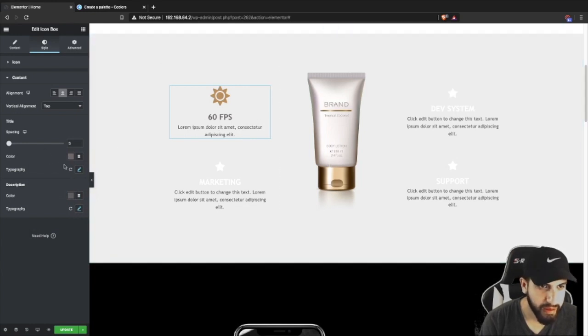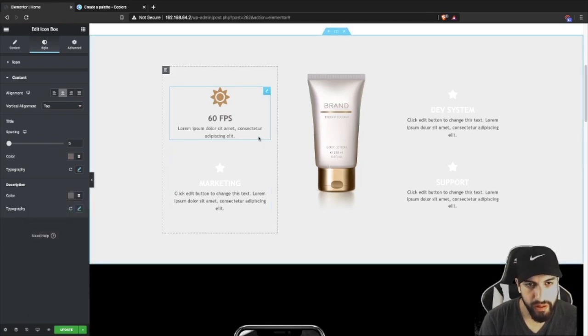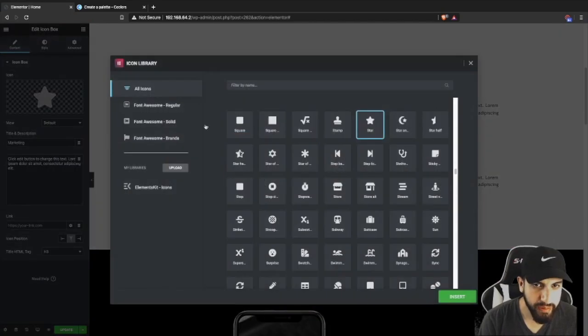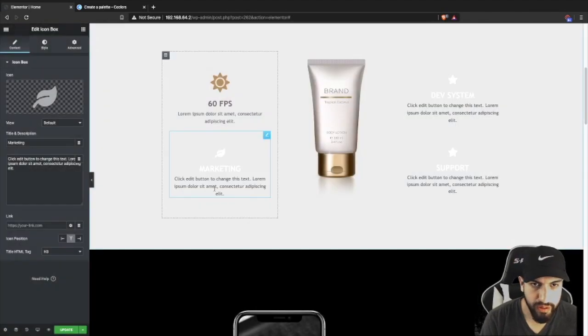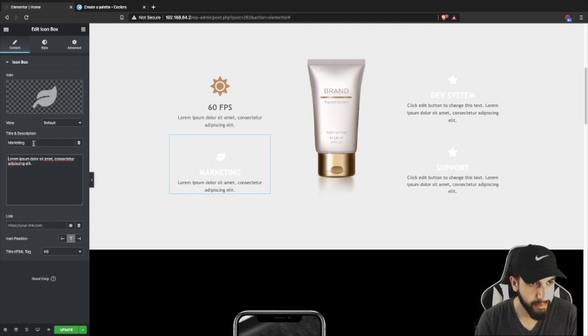And then the description, I'm gonna make this probably a little lighter, so I'm gonna use this one here. Oh no, that's actually too light, so we might want to go back to that. That's fine, let's just leave it at that. That works here. Then I'm gonna click on this one here, and I'm gonna use a leaf. I wish I could choose a palm tree icon, but I don't think I can find one. If you guys can find one, definitely use that instead. So I'm gonna remove this text here, and then I'm just gonna type in tropical,